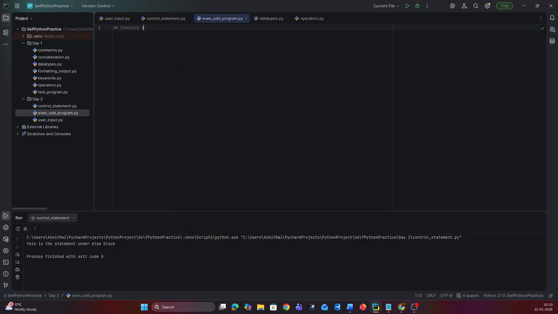Checking if a number is even or odd. Okay. So first, what we need is a variable to store a number. Let's say I am checking this number, whether it is even or odd. Now